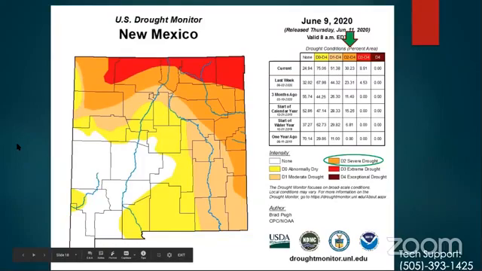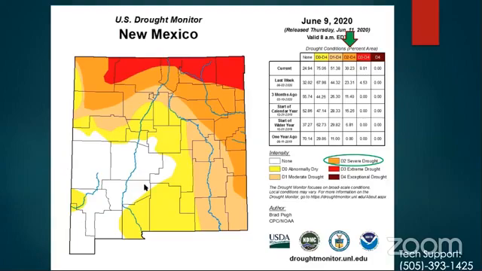So, like I said, the Livestock Forage Program is based off of the U.S. Drought Monitor, and you can go to their website that's listed below, and anybody can search this. They update it every Thursday. So this was the latest one that I had when I submitted my presentation. But as you can see, we do have several counties in New Mexico that are already eligible for the Livestock